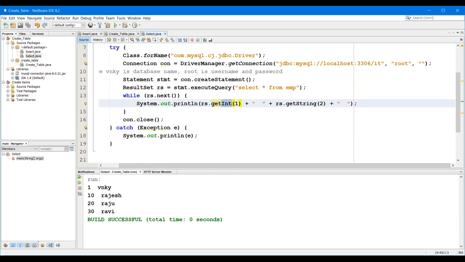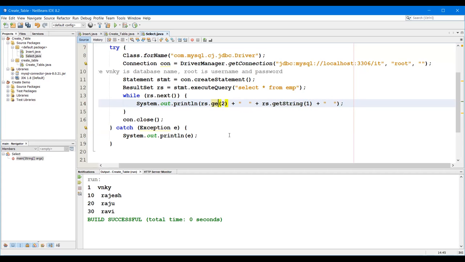So I have to give the data type, and in brackets I have to give the first column. Then getString. What is the data type of the second one? It is varchar. Varchar is nothing but a string data type. There is no need to give the same order. For example, instead of 2, you can give 1.